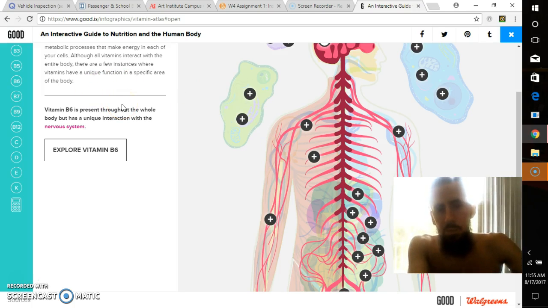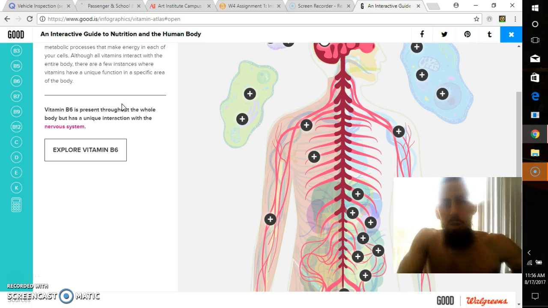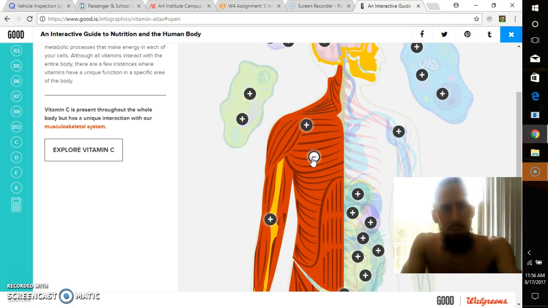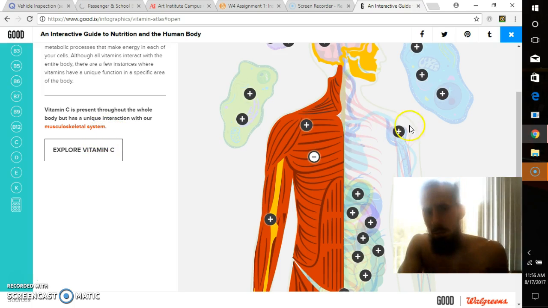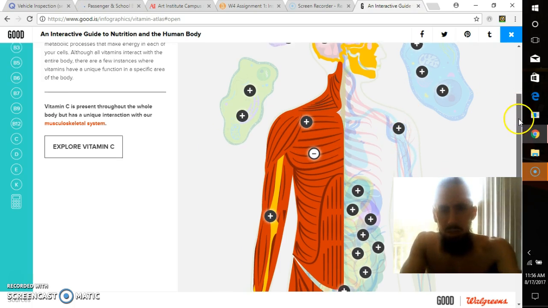Now we're going back to the info part of this animated infographic. How it's interacting with the user, but the information is very key. It's very precise. It's not what I like to say content explosion. I can actually learn really quick. Vitamin B6 is present throughout the whole body, but has a unique interaction with the nervous system. Now let's go down here. Vitamin C is present through the musculoskeletal system. So I really like this. This is really neat, and as you notice, as it continues to stay current,